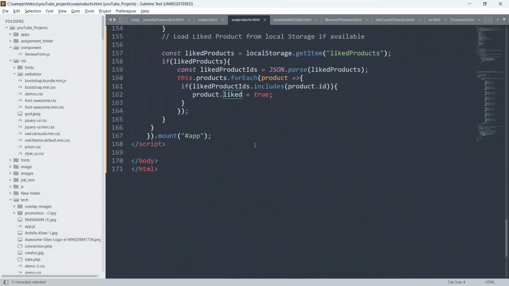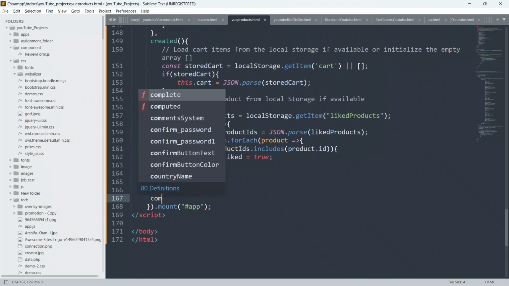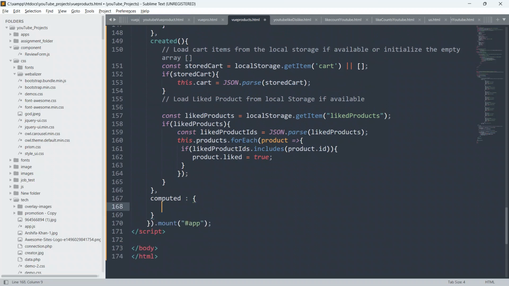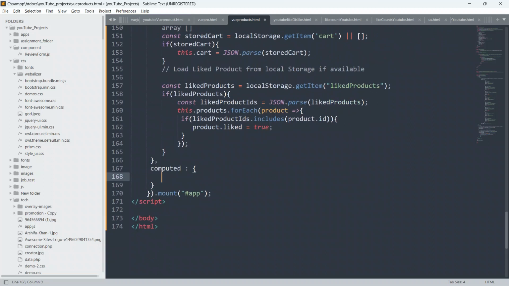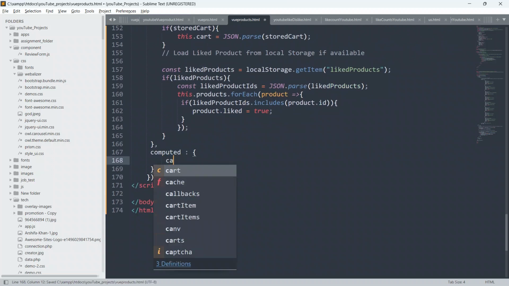So now we will close this created hook, and create another option known as computed. Inside this we will create a function cartTotal.